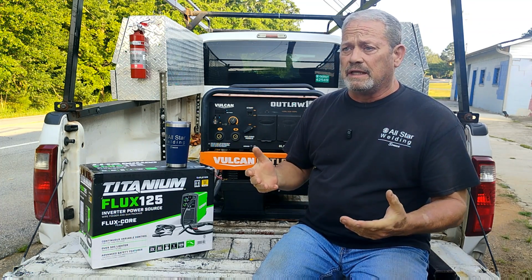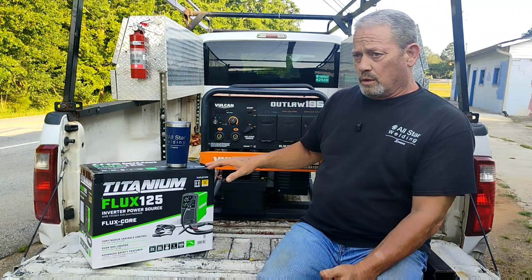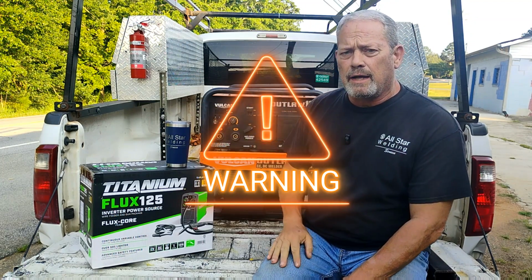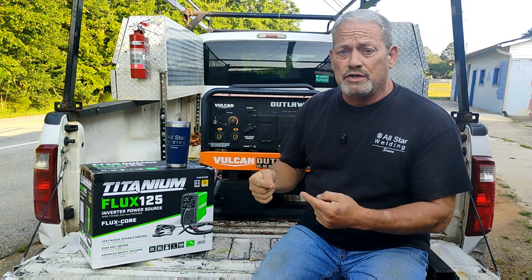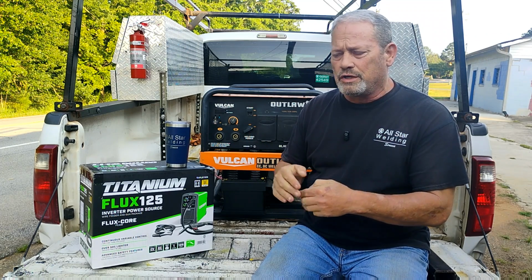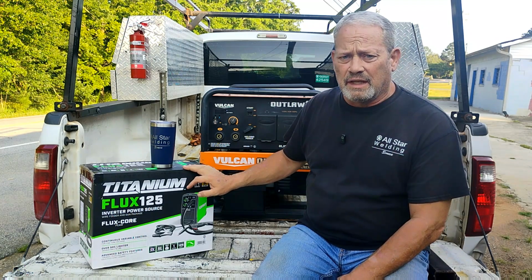So again, it's my belief that if you're running this or any other electronics machine or tool off of a generator, you want to turn off the idle down feature so that it stays at its high RPMs. Now, having the idle down is fine if it's something that runs off of brushes, like a grinder, a saw, anything like that that has an electric motor with contact brushes on it. I think that would be fine. But if you're running a machine like this or any other electronics-centered tool,